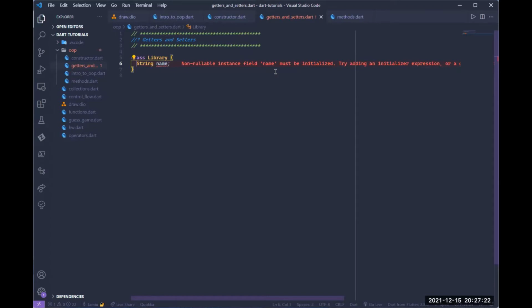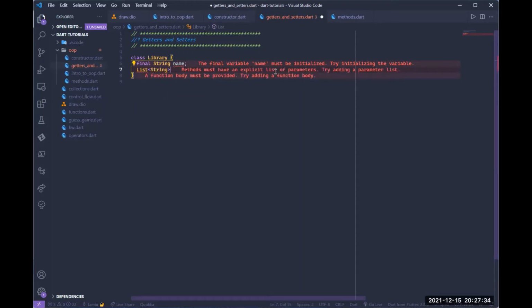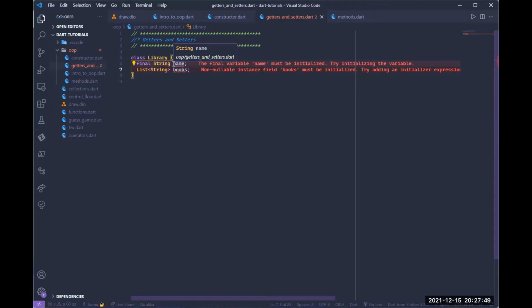Let's make it final. Let's say our library should have a list of books. Let's say the books are just strings, a list of books. And now you see the compiler is coming at me that it needs a constructor. We need to initialize it because it's non-nullable. So if we had used null here, it still won't allow us because we need a constructor to initialize this